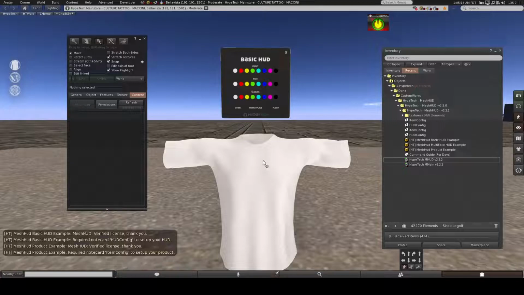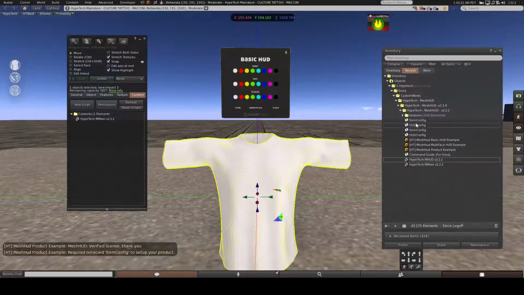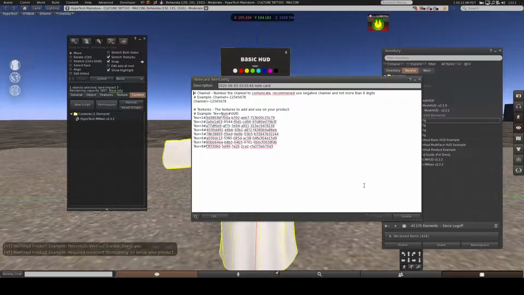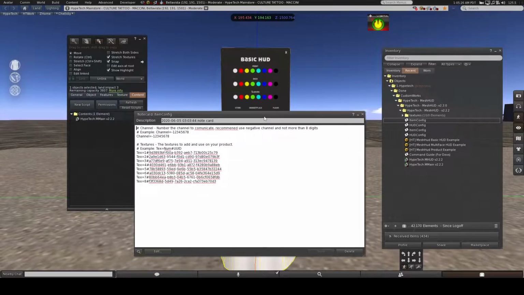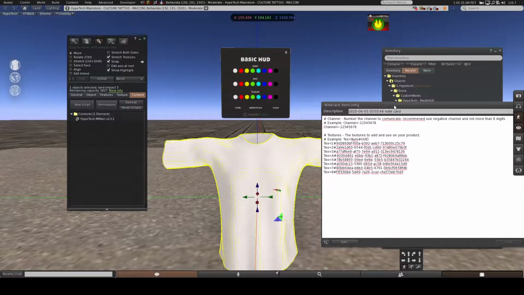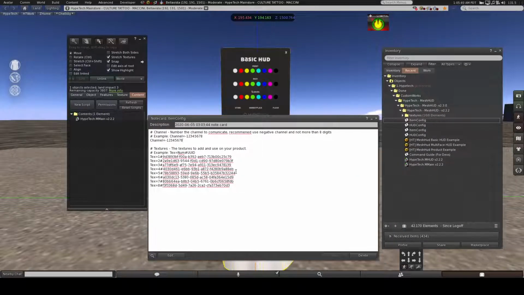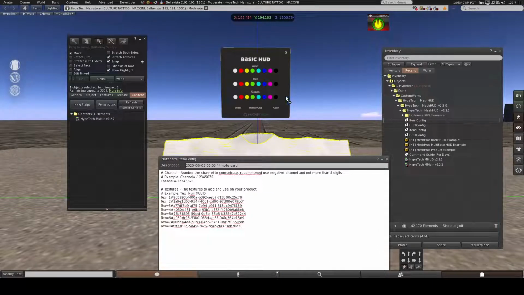At the start, before using the final product for textures, I open the item config notecard. In this notecard, I have two options. The first part is the channel. You need to put the same channel for the HUD and the product to work fine. And here for the textures, you see there are 8 colors